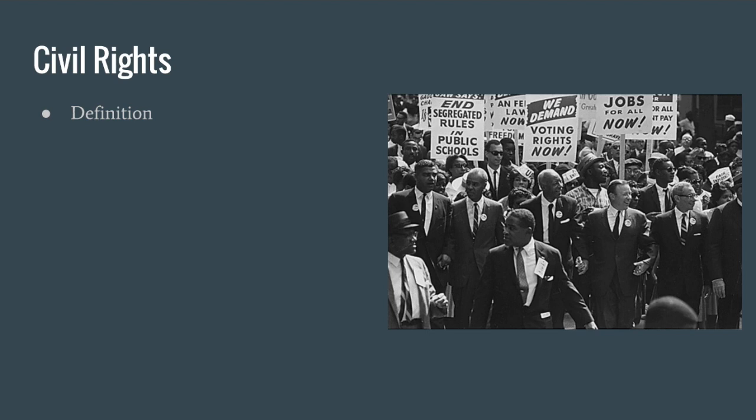Civil rights has to do with equality, as opposed to civil liberties, which have to do with the protections in the Bill of Rights. So obviously, the civil rights movement was a movement for equality. And where are civil rights protected? Well, in the original Constitution, there's not a whole lot. Largely, civil rights were left to the states, and of course, we see how that went.